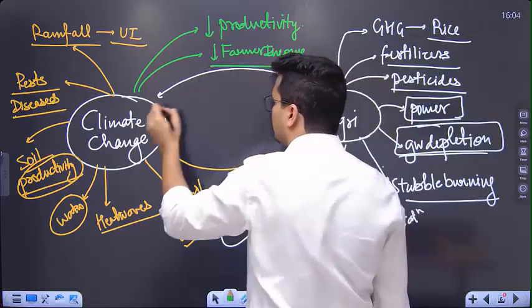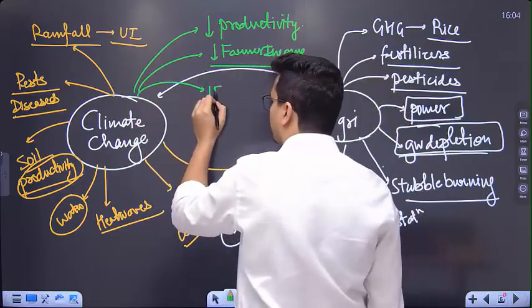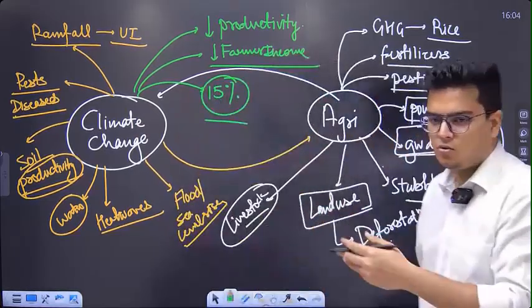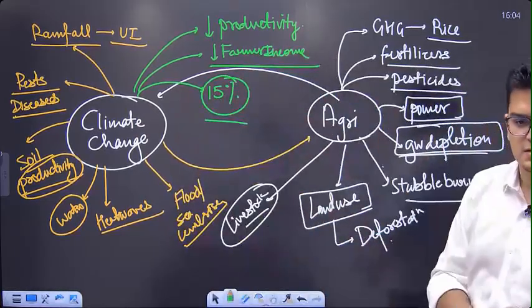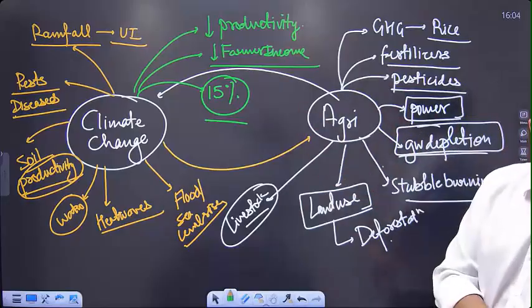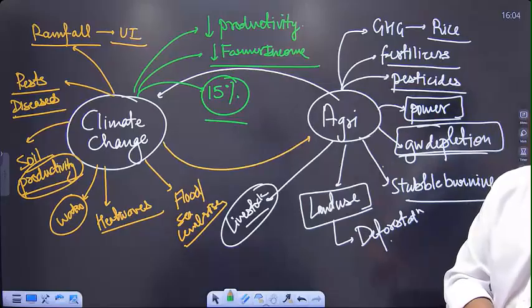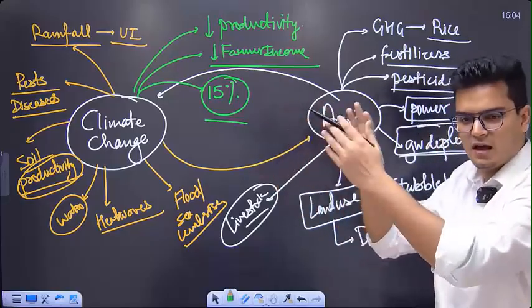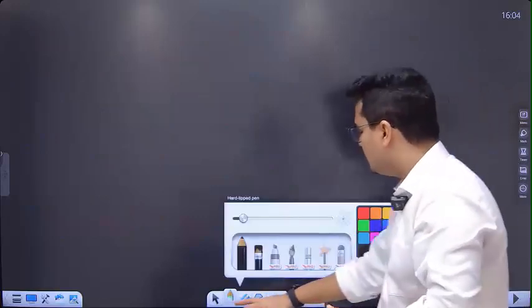And if the economic survey is to be believed, 15% of Indian agriculture is vulnerable to the impact of climate change. So definitely there are a lot of interlinkages between climate and agriculture. Now, what is the need for climate smart agriculture? This is one of the reasons that they are very interlinked. But we now have to understand what is the need